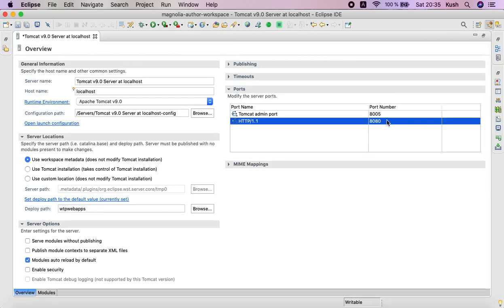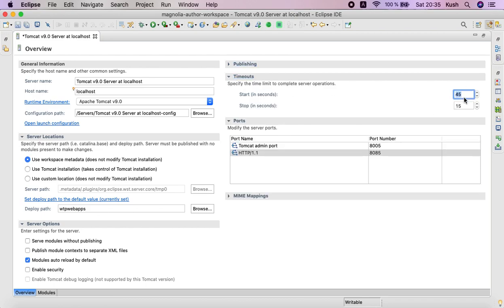So I will put here 8085, and timeout, because this timeout we have to increase anyways. It will give us smoothness while deploying and running our Tomcat. So I increase it, then save.